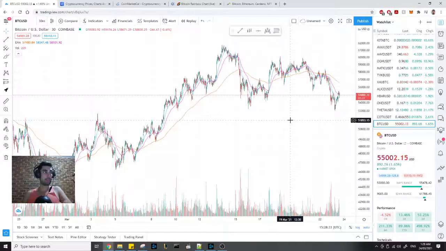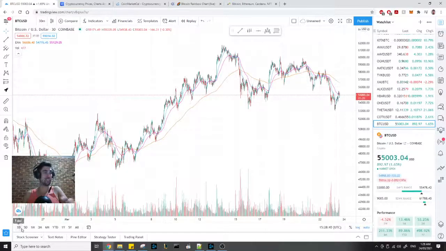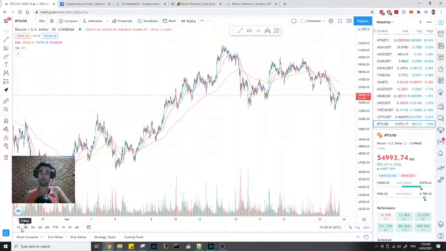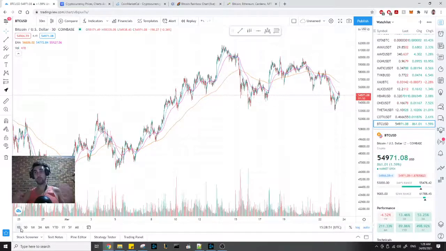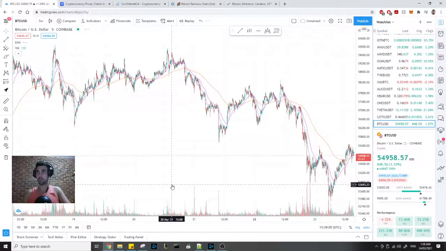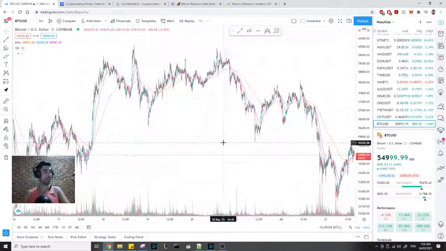So the next thing you want to do when you are analyzing a chart is recognize that there are different time periods that you can be viewing this information. Depending on what sort of investor you want to be, whether you want to be in it for the long term or you are looking for short-term moves in the market, it will greatly determine what sort of window you are looking at. So right now this one is set to the 5-day chart where you can zoom in and out with your mouse wheel,